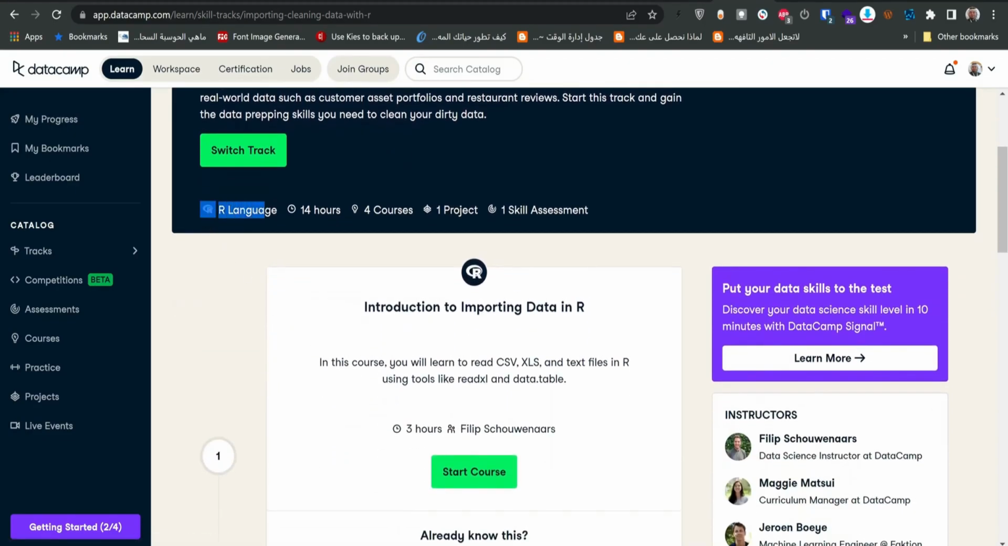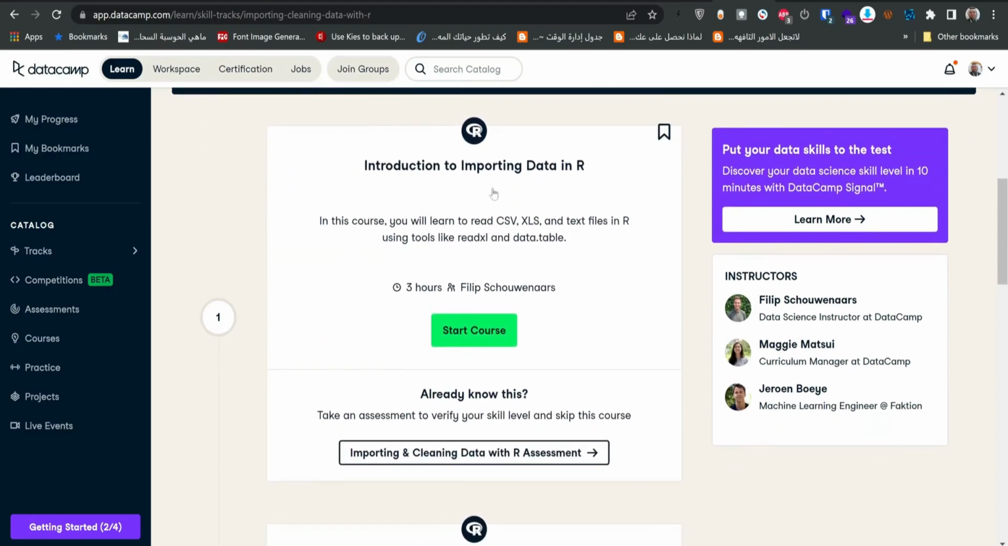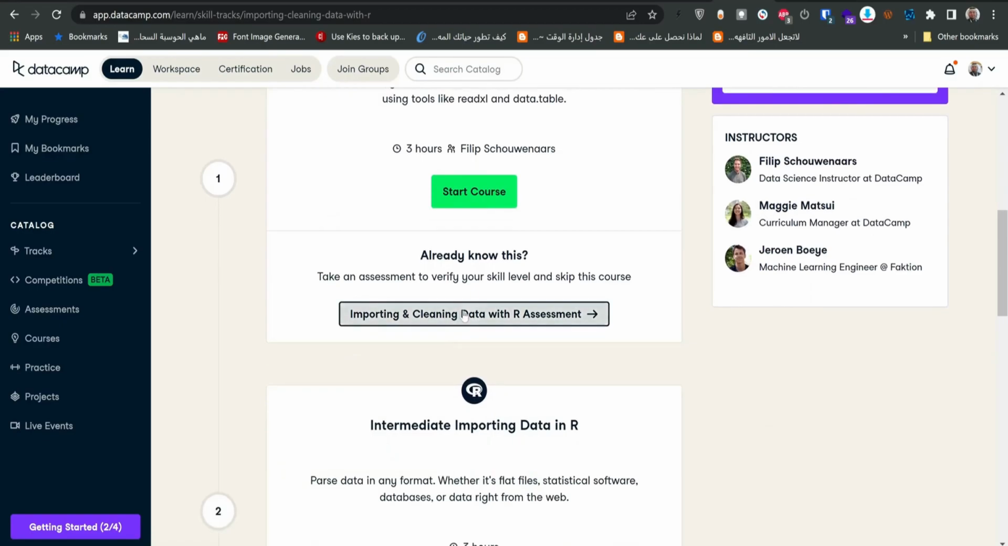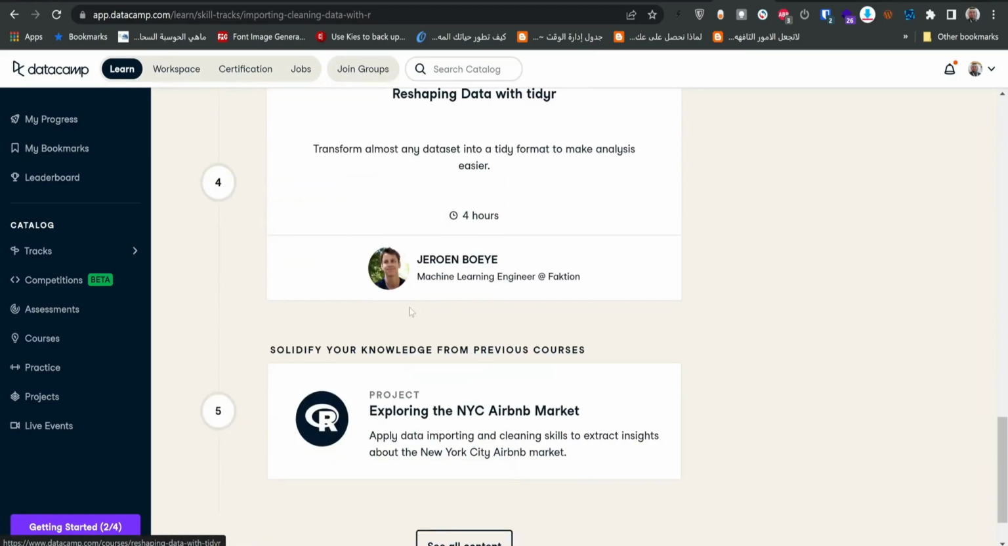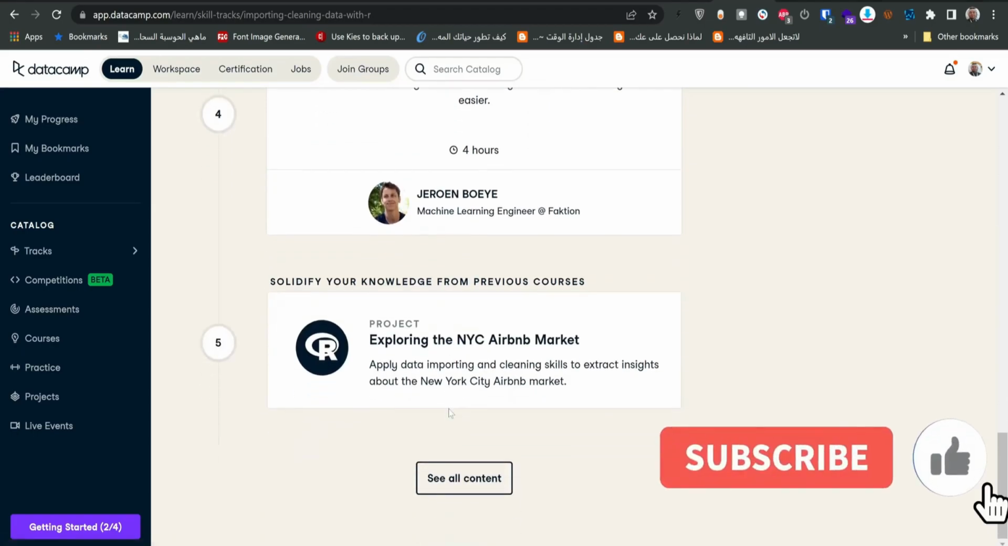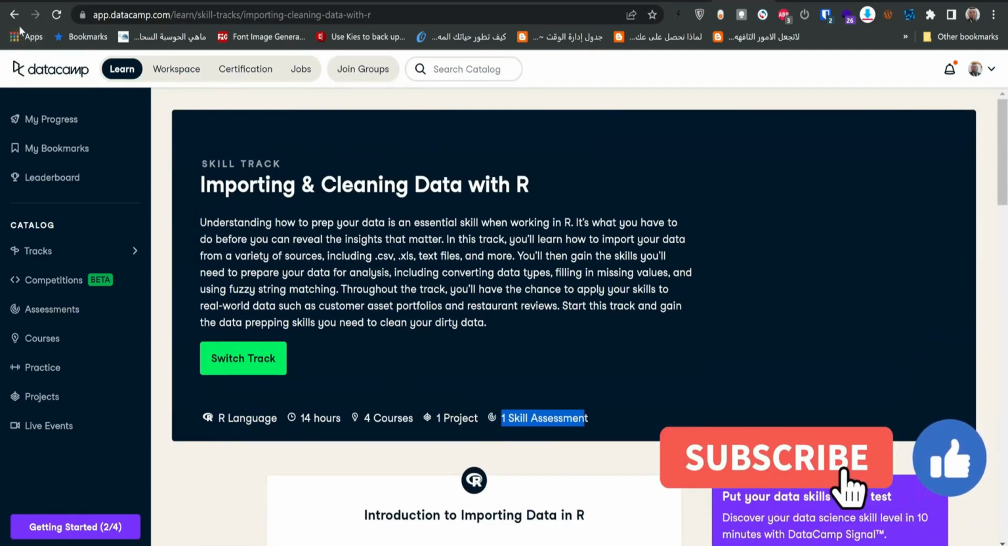It's telling you that the language is R. Total 14 hours in this skill. 4 courses and 14 hours. And you have 1 project and you have 1 skill assessment. Okay, you guys can see that this is the first course, and then this is the skill assessment, and this is the second course, third course, 4th course, and then a project. Okay, that's the skill